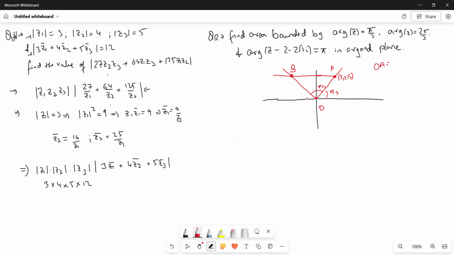We can just consider this as an equilateral triangle because the interior angle is 60 and OA will be equal to OB. So this will be 4. So OA will come out to be 4. So it's an equilateral triangle whose side is 4. OAB will be an equilateral triangle because the interior angle is 60 and OA will be equal to OB, with the interior angle 60 implies